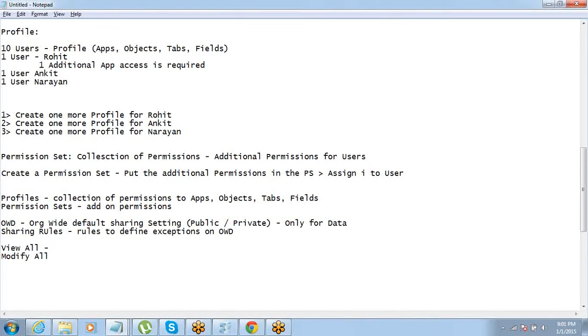What is view all? Permission to view all the data in an object.